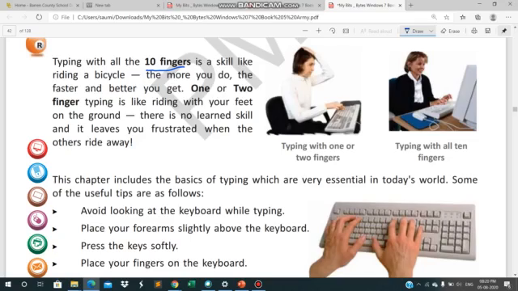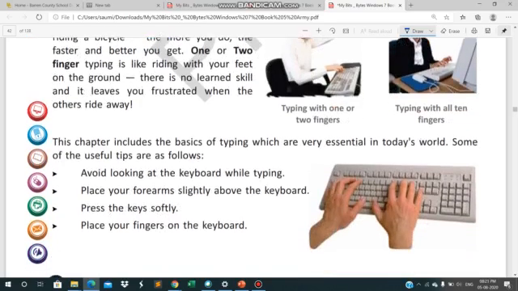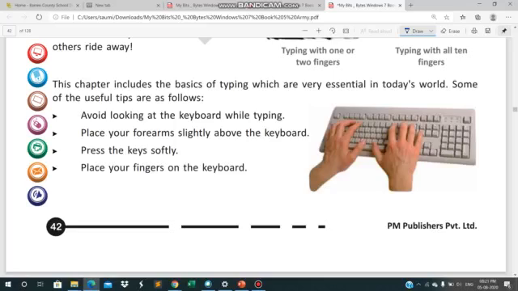There are several key points that we must keep in mind while typing: avoid looking at the keyboard while typing, place your forearm slightly above the keyboard, press the keys softly, and place your fingers on the keyboard.